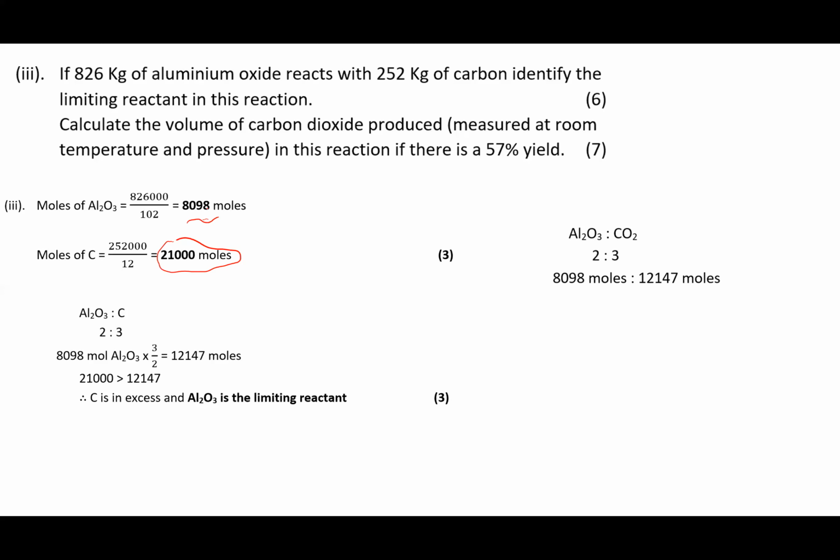You use the aluminium oxide as your starting point for the ratio, so that gives us 12,147 moles of carbon dioxide. We multiply that by 24 because it's room temperature and pressure. The molar volume at room temperature and pressure is 24. That gives us